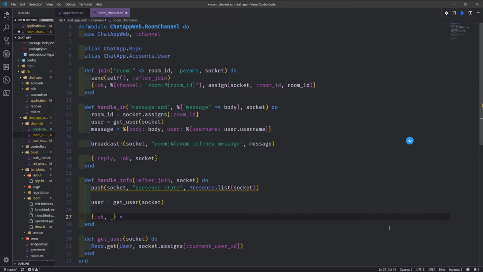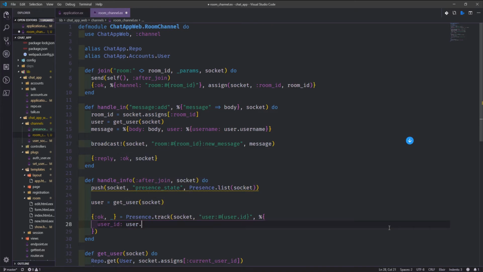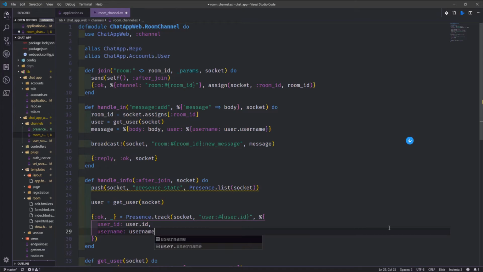We'll use a tuple of OK and then underscore because we don't need the second argument. Let's say presence.track. We want to track the socket. We specifically want to track each of our users, and we'll track them with the user.id. And we're going to attach some data to these users. We want to attach the user ID and then the username, like that. So this is going to be attached to our metas